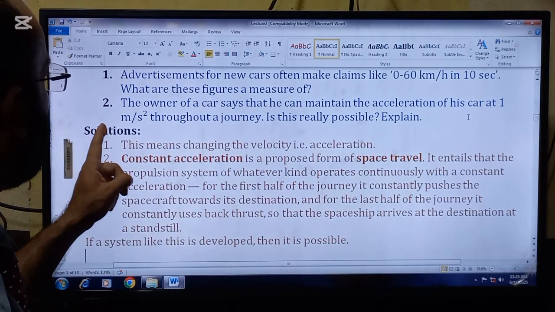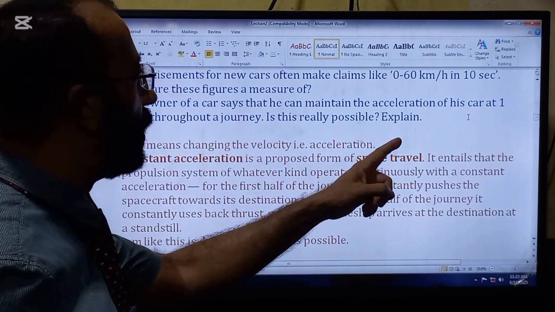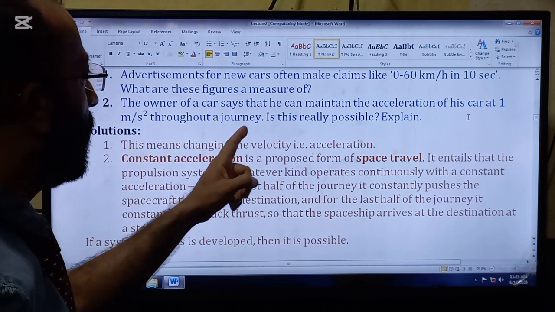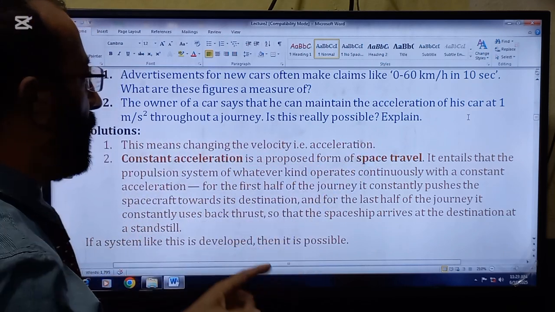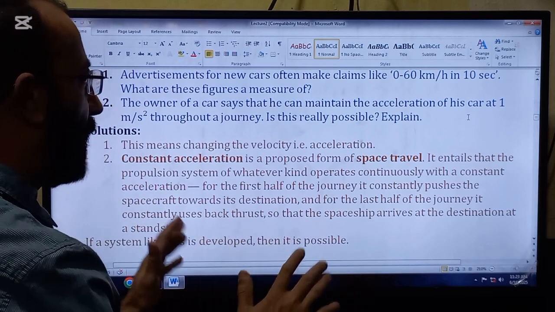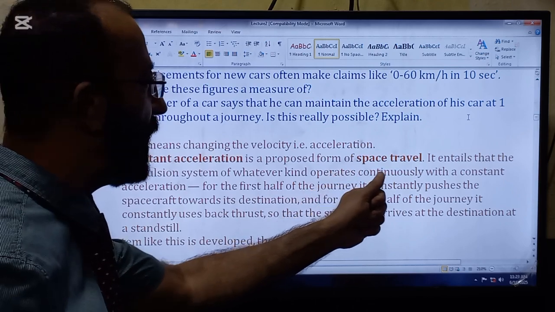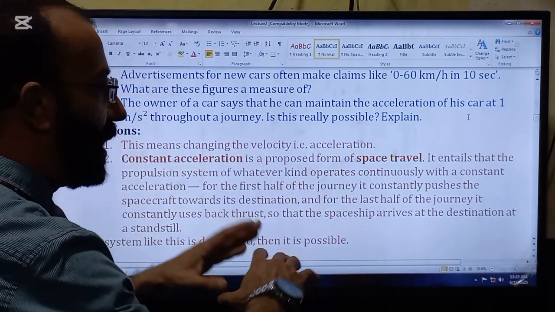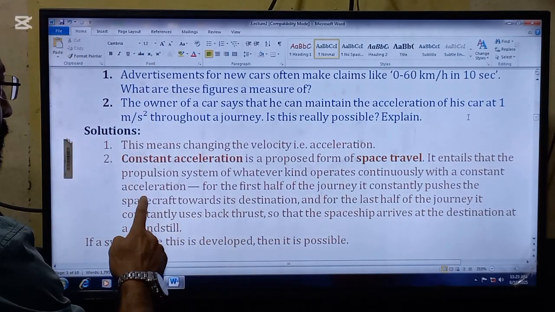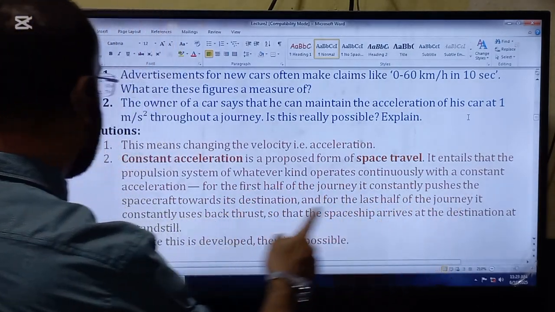The second question is, the owner of the car says that he can maintain the acceleration of his car at 1 meter per second square throughout a journey. Is this really possible? Explain. This is possible only in a very particular case, that is constant acceleration, which is a proposed form of space travel. Whenever space travel is concerned, it entails that the propulsion system of whatever kind operates continuously with a constant